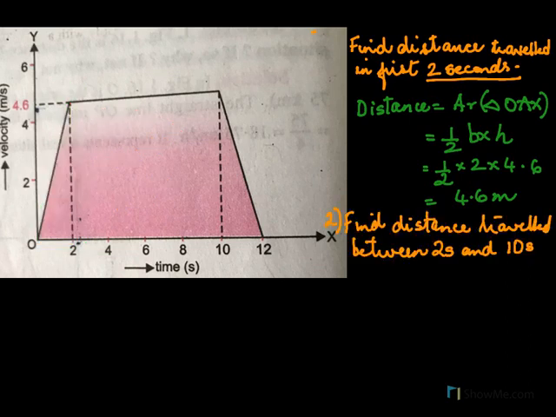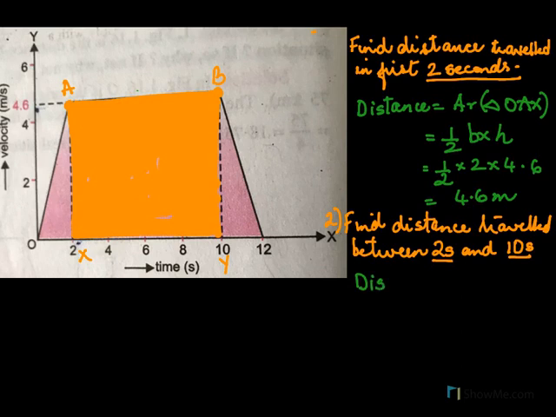In the second case, let us find the distance traveled between 2 seconds and 10 seconds. So we will mark the 2 seconds. At 2 seconds, the object was here, and at 10 seconds, the object is here. So we need to find the distance. This is the velocity time graph, so this entire area below the velocity time graph will give you the distance. I've already colored the distance there. The yellow will be equal to the area of